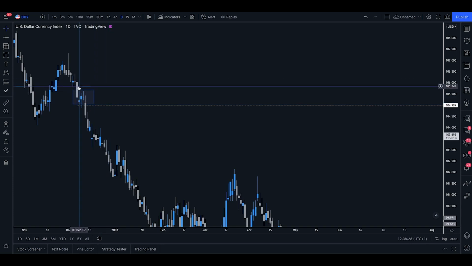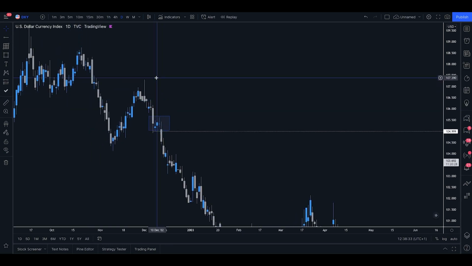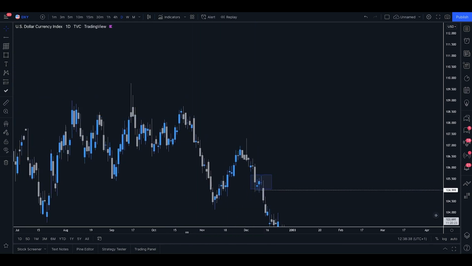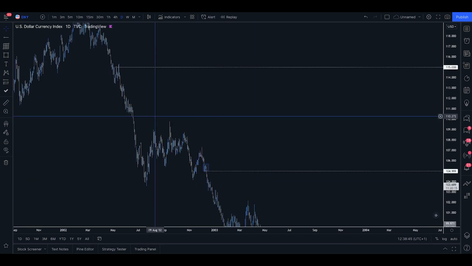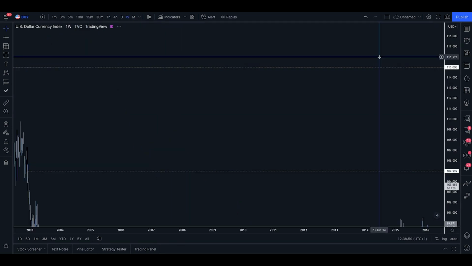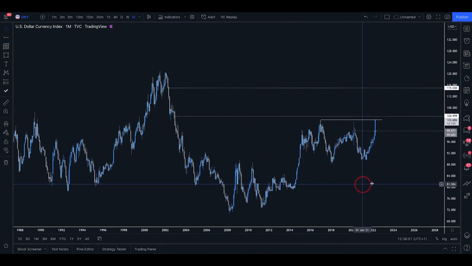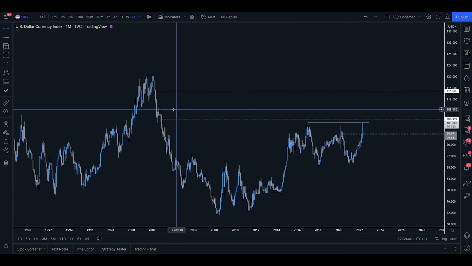Now, if we surpass that, we obviously have clear targets straight through into 106 being the next key level and supply zone. And once we can pass this area, 107.3, we can potentially push a lot further. It is possible the US dollar could continue a dramatic increase towards the likes of 110, potentially even 115, as crazy as that sounds. Because essentially, if we look at the charts, what we can see is a wildly strengthening market and a very open imbalance towards some of these higher points. So pairing the fundamentals and the technicals, it does make sense that we could clear this area out above 110 and actually push all the way towards the 115 area, 117 even towards these highs.